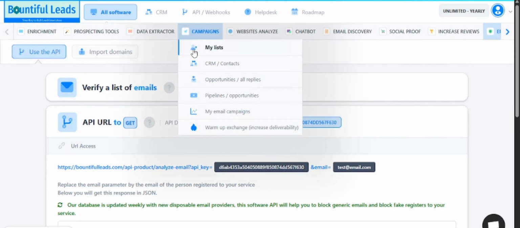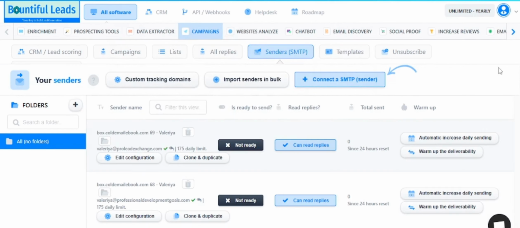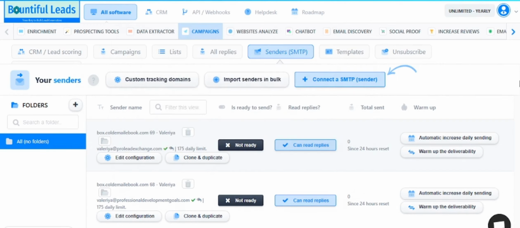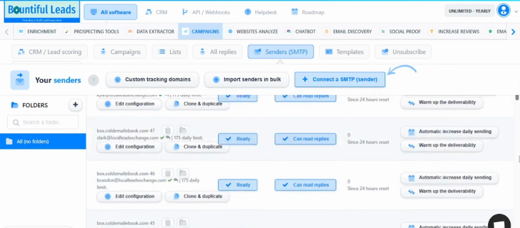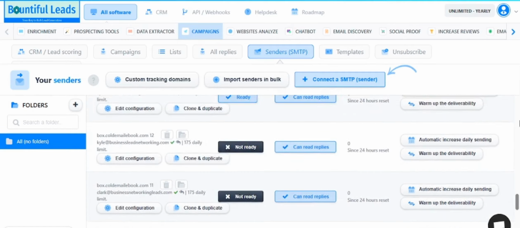Anyways, what we're dealing mostly with here is our email campaigns, and we have a unified inbox here where we can check all our email replies. And here under campaigns, under warm up exchange, I got some of my email addresses warming up. They were warming up a little better before, but I just had a freelancer fix my server, so there's a lot of stuff that needs to be refreshed. As you can see, I have here about 70 senders. If you're sending two